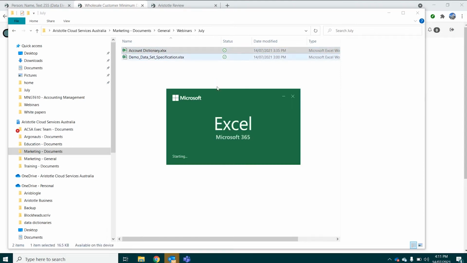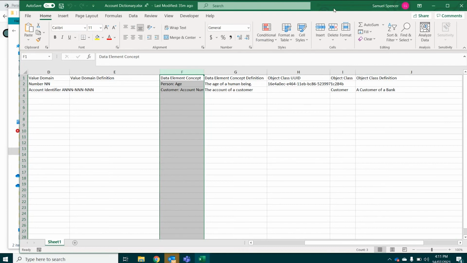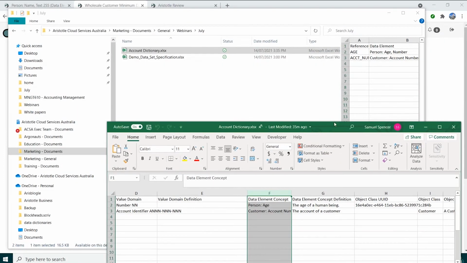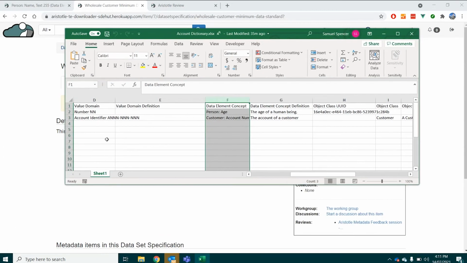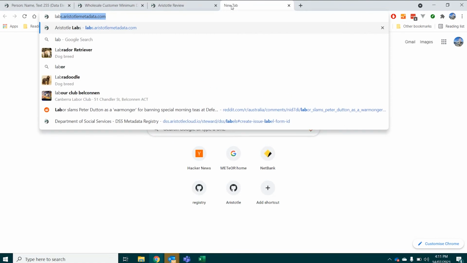One of the issues that somebody's raised against our data set specification is there wasn't enough detail, there weren't enough things in there. So while I was preparing for this, I've started to build out a little data dictionary here. And as you can see, I've got all of my components defined. So we've got a nice page that I'll bring up just quickly. If I go to